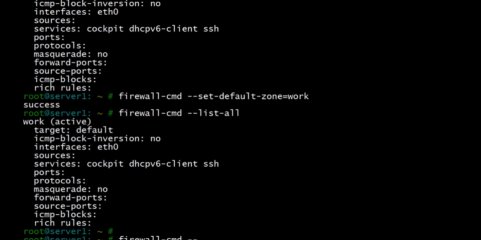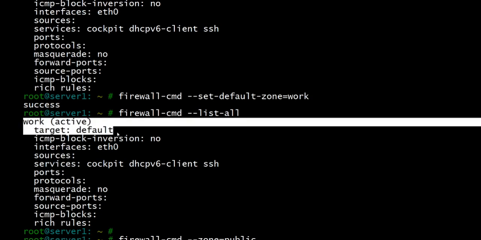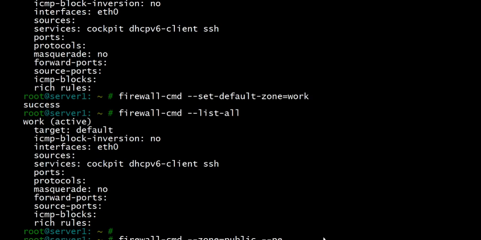Alright, so basically you guys just type in this. Zone equals, let's say, public, right? Because remember, I was in the public zone, but now I'm in the work zone. So on there, I'm going to add a port on there. And you guys remember that there were no ports in the public zone because I switched to this one, right? So if I do permanent, and then I do add port, and then I do 80, TCP,